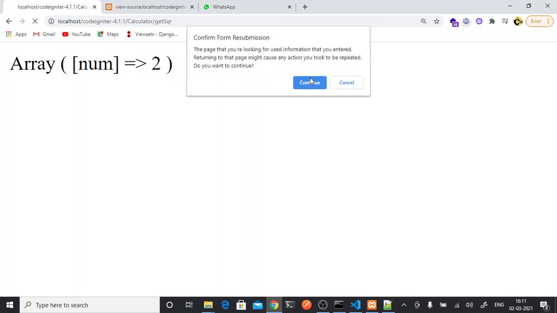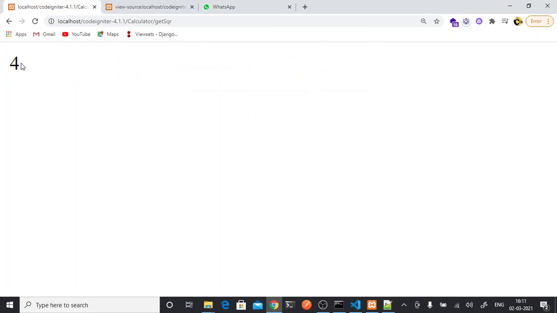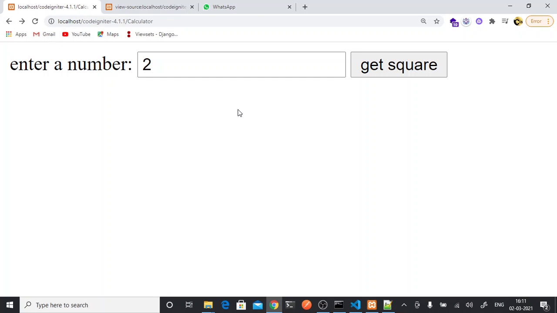So see, I am getting the square. Now this I want to show in my form only. Here only I want to show my result.